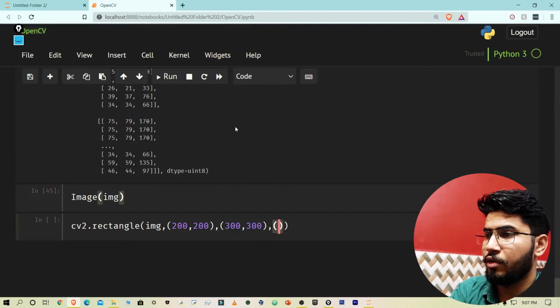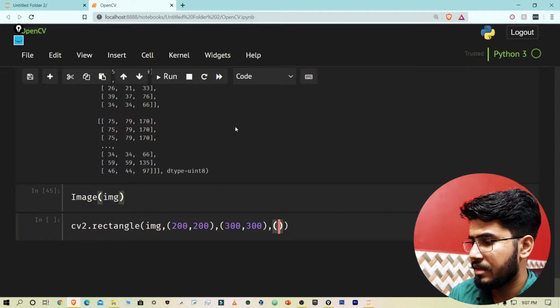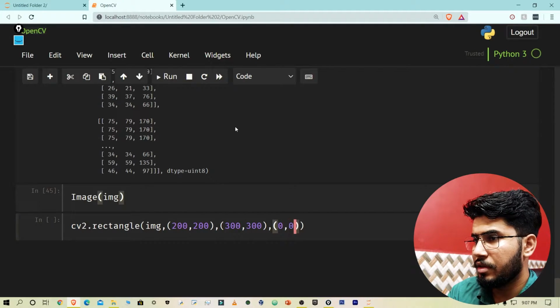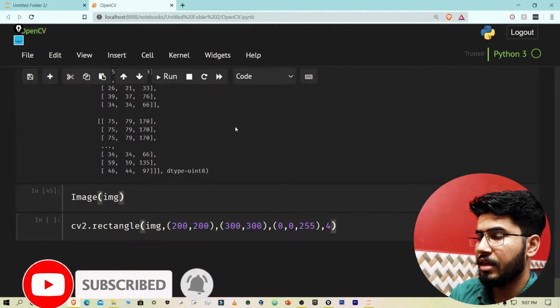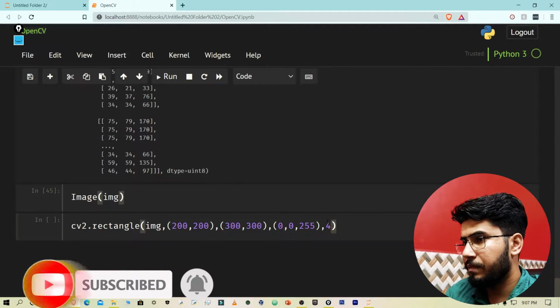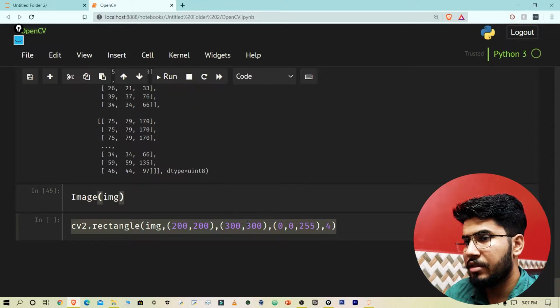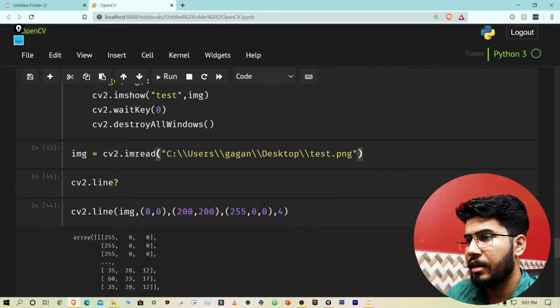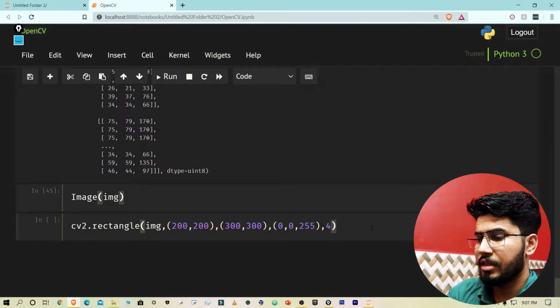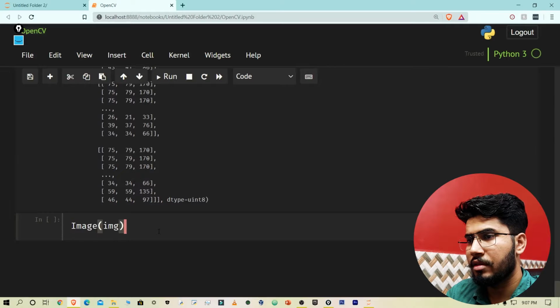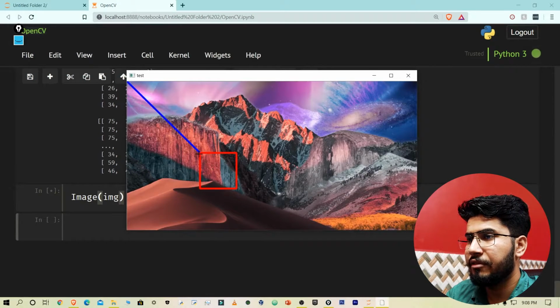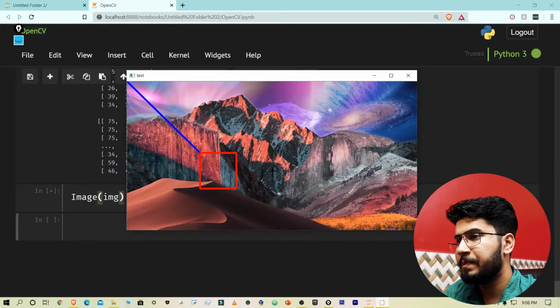Again we need to give the color, so let's make it red, and we need to give the thickness again. Now we will see we have a rectangle here.